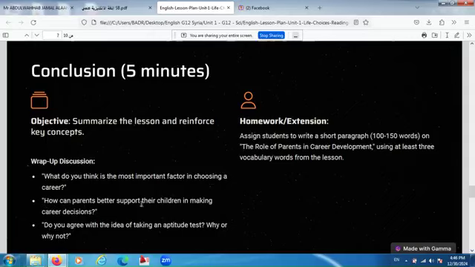How can parents better support their children in making career decisions? Do you agree with the idea of taking an aptitude test? Why or why not? Aptitude test, you have to explain to them that according to your results in a test, you will choose the career.